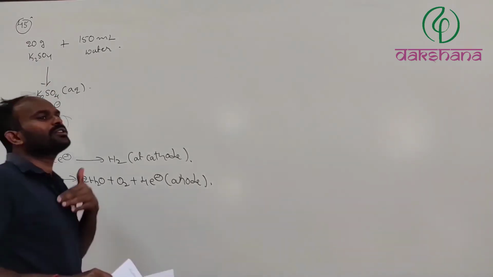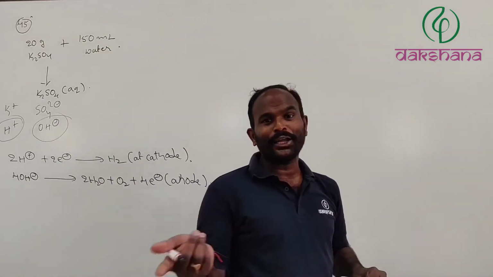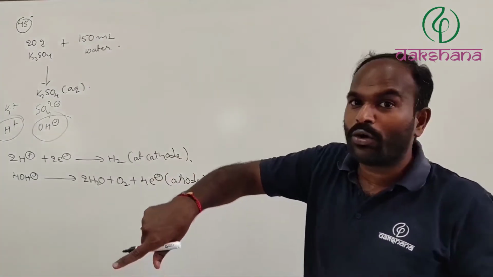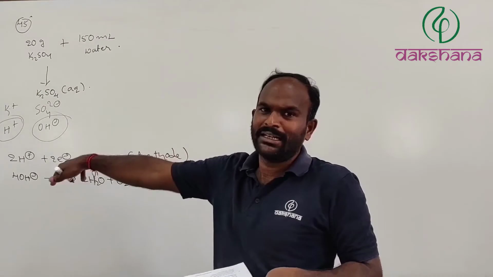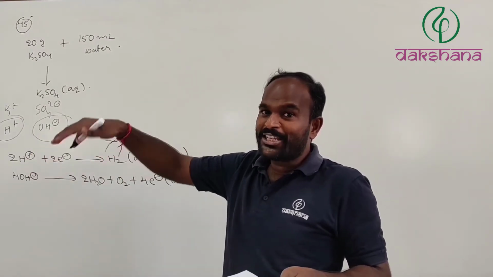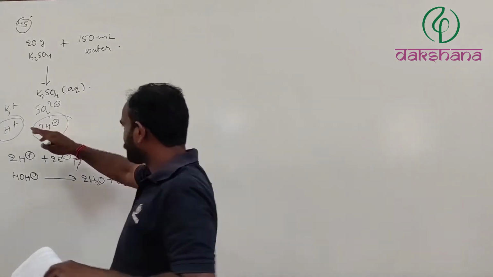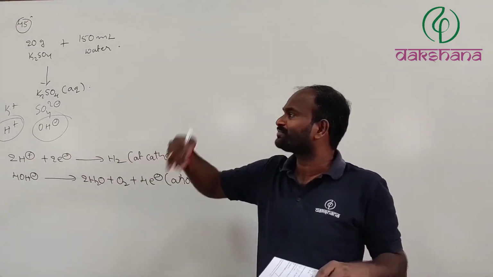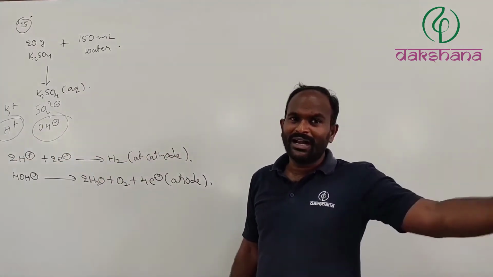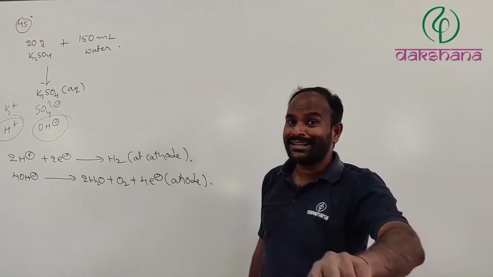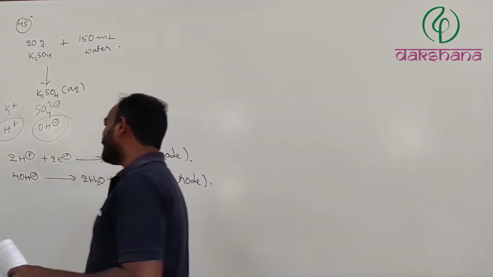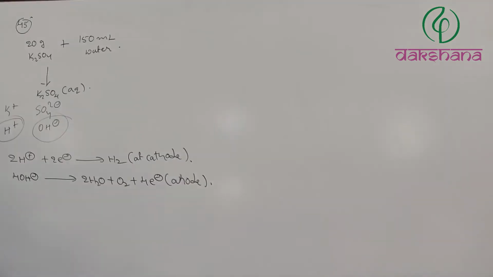So after some electrolysis time, in the aqueous solution of K2SO4, K2SO4 is present in it, whereas H+ and OH- ions are both going to be discharged in the form of hydrogen gas as well as oxygen gas. So for that he has given one thing, 15% by mass of K2SO4, that is for example